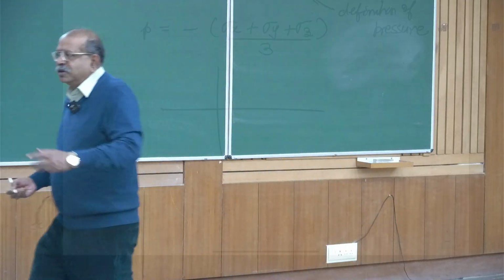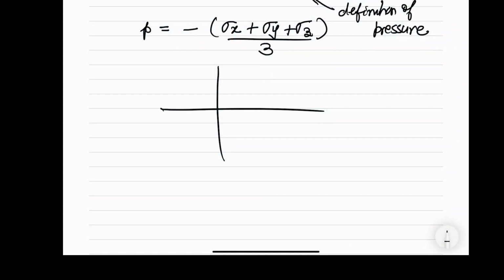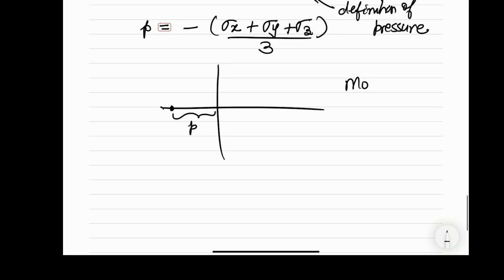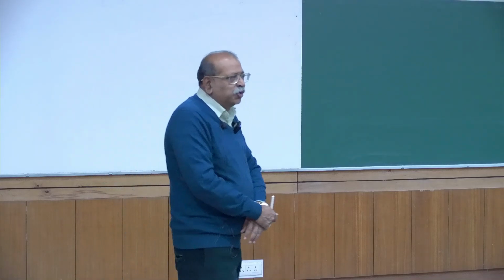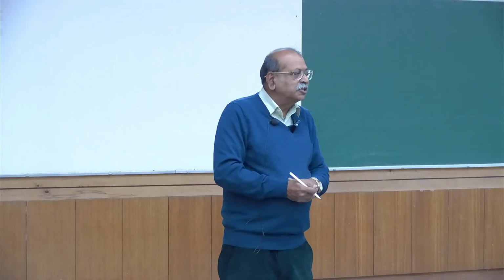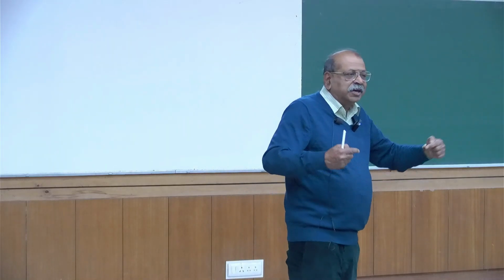So if I plot a Mohr circle, this is the Mohr circle for uniform pressure. And this also tells you, you must have done Pascal's law or whatever, which says that pressure is equal